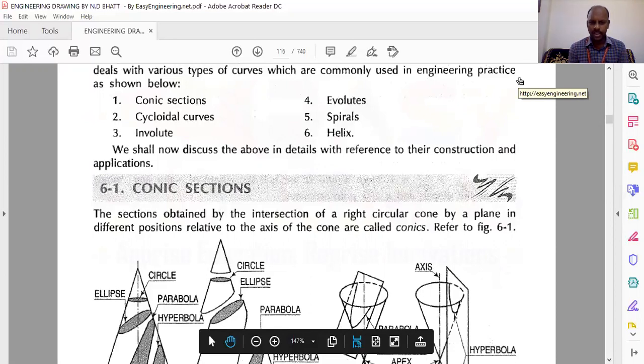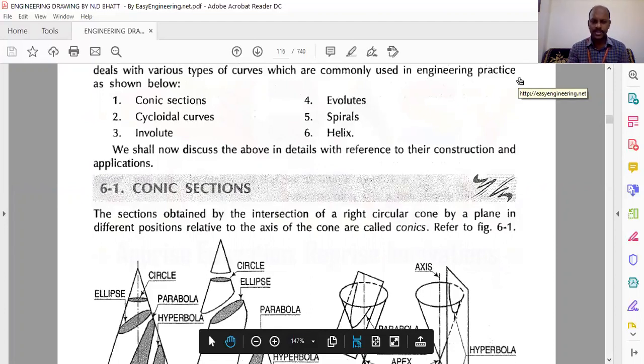In this video, I would like to explain different conic sections like ellipse, parabola, hyperbola, and some other curves. Basically, in this lecture, we will focus on how to draw an ellipse on a drawing sheet. It is a very important topic in the first year BTech course, engineering graphics subject. It is a common subject for all branches of engineering, as you know. So it is very important to know all these conic section curves because there are huge applications of these conic sections.